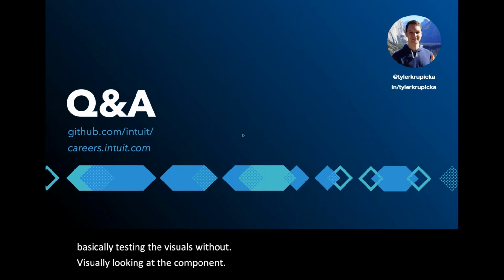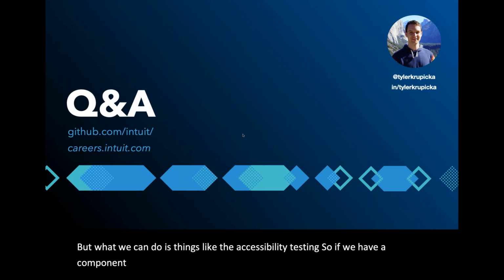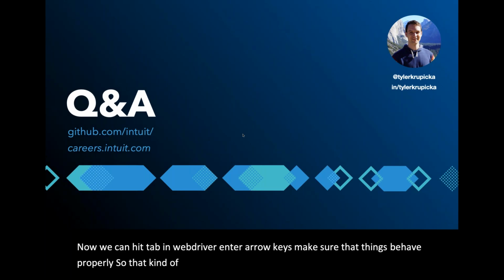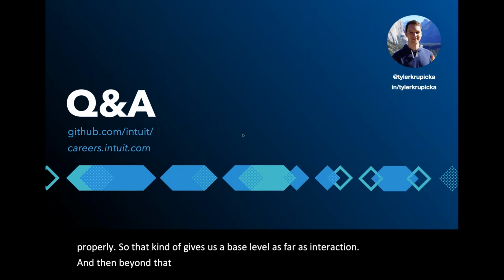But what we can do is things like accessibility testing. If we have a component that has maybe a complex keyboard interaction, we can hit tab, tab, tab in WebDriver, enter, arrow keys, make sure that things behave properly. So that kind of gives us a base level as far as interaction. And then beyond that, we will just run Axe at some point